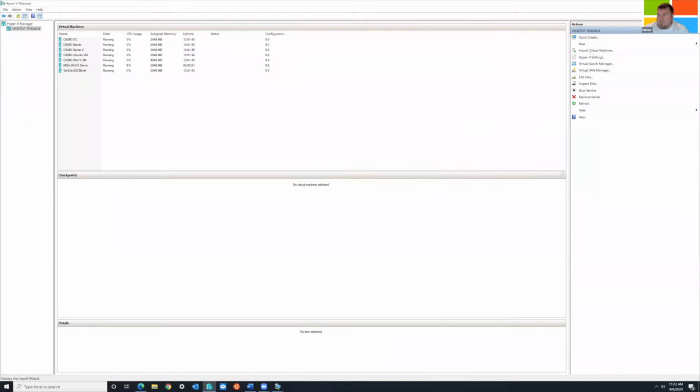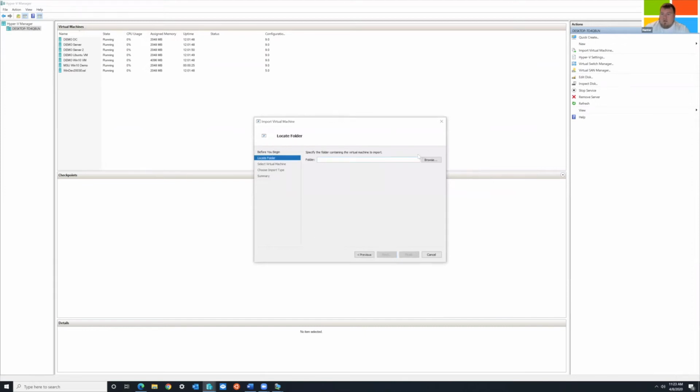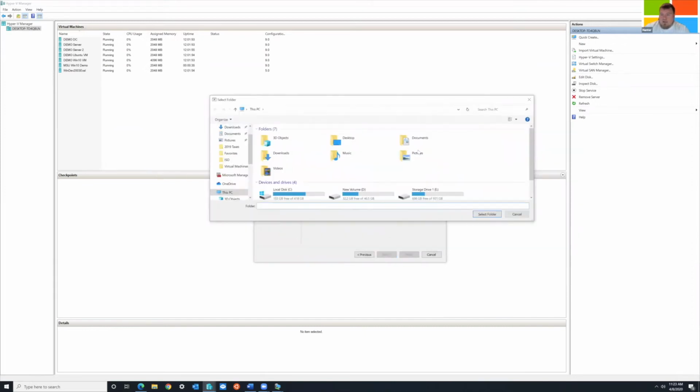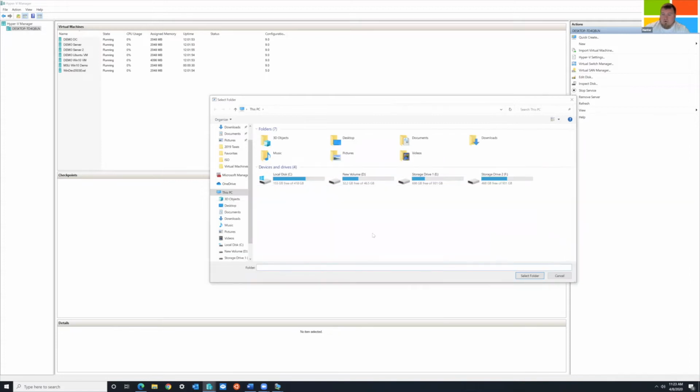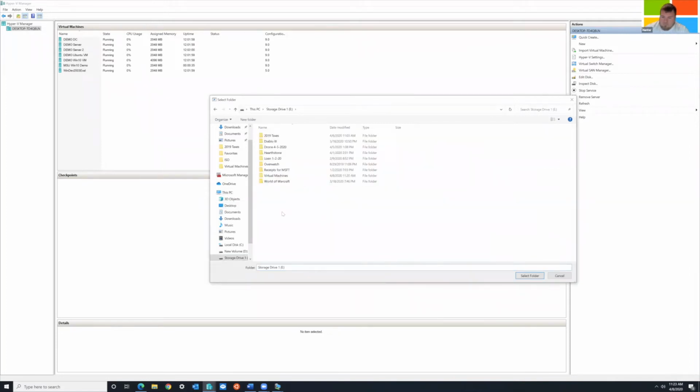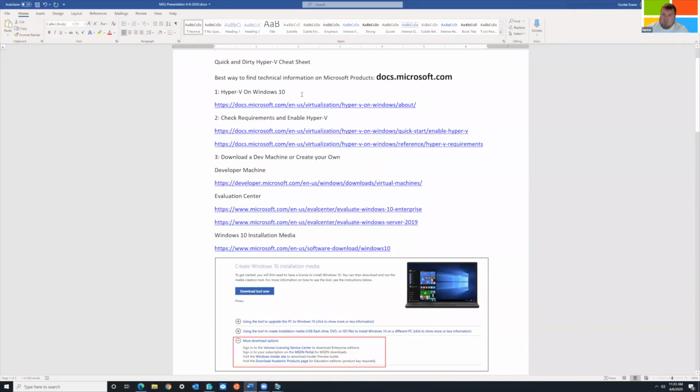So my next method is going to import a virtual machine. And to import a virtual machine, we have to have either an exported virtual machine or a downloaded virtual machine. So I put in some links. Let's see where we're at in the document. In the document that you have, we've looked at Hyper-V, we've checked our requirements. Now we're here. We're downloading a dev machine, and we're creating our own. So this link here is actually our virtual machine